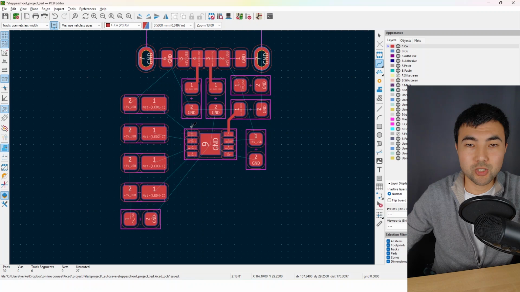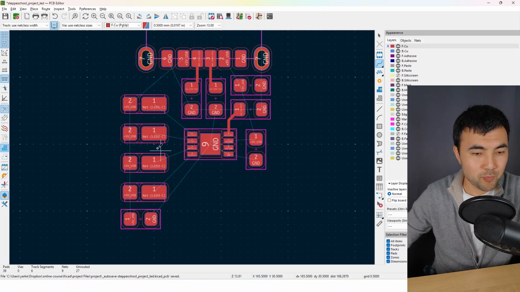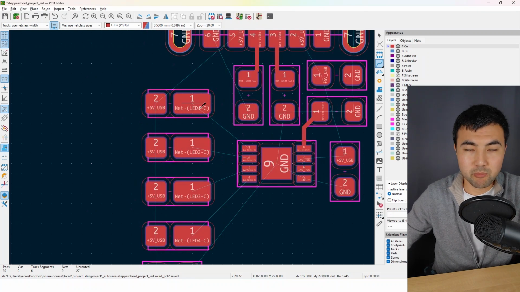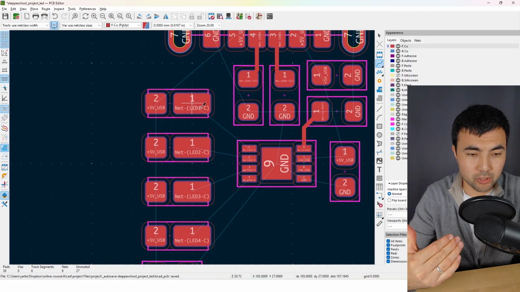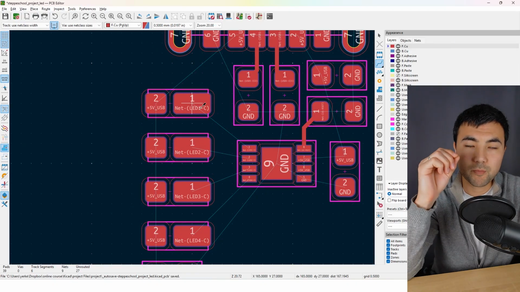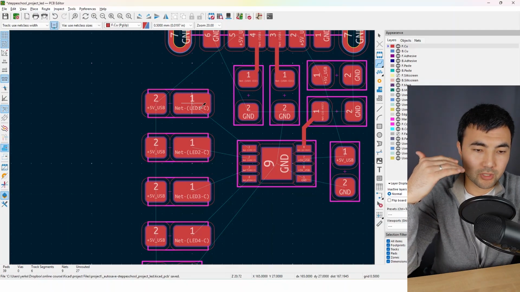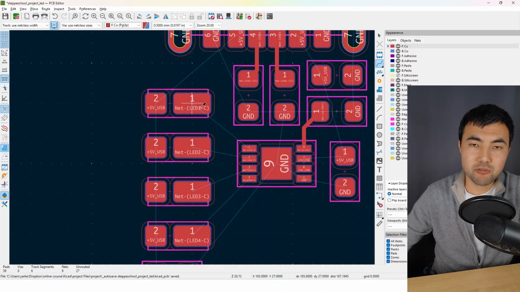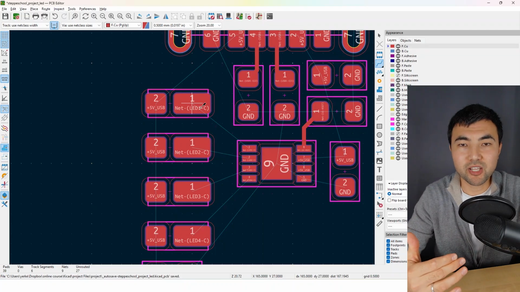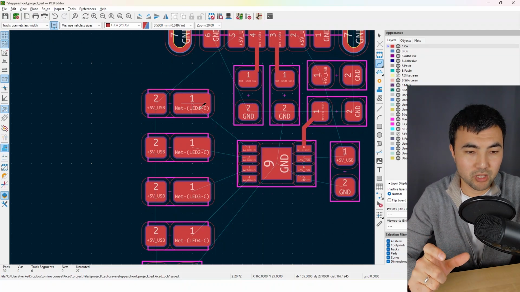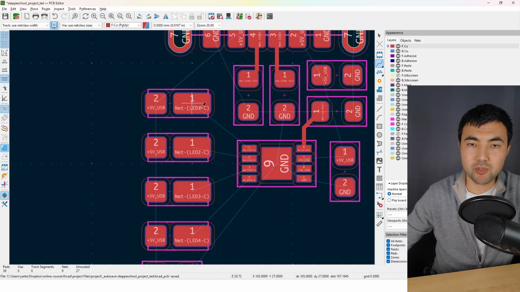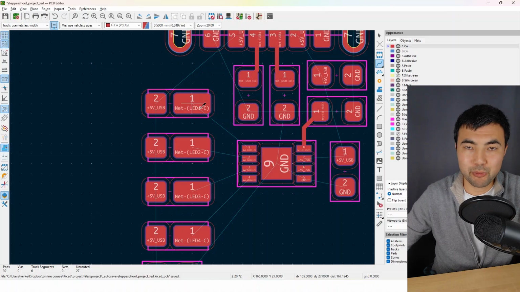Then I think we can switch to the LEDs. But here, keep in mind that we have relatively higher current passing through the LEDs, so it is preferable to use a wider track width just to minimize the losses. And as you remember, we predefined a 0.5 millimeter width track, so we can easily switch to it by pressing